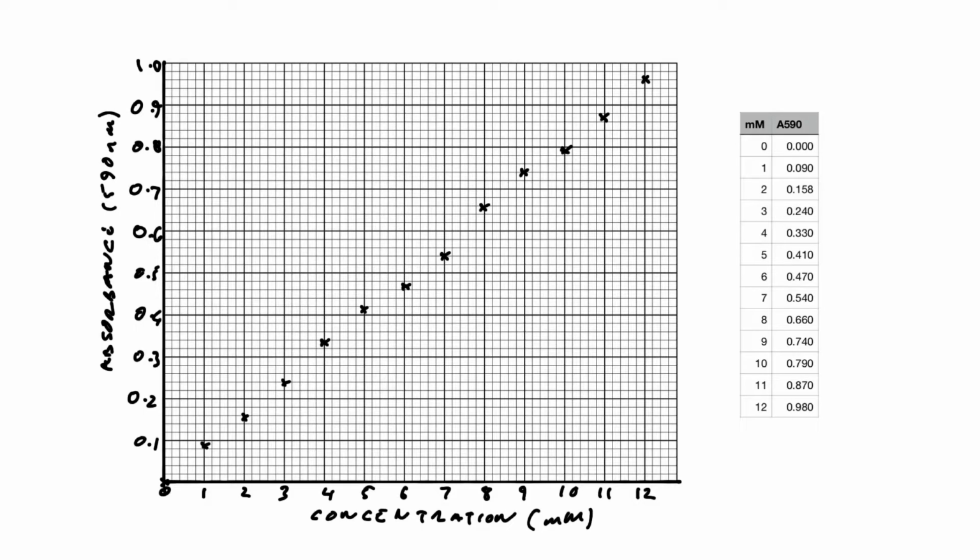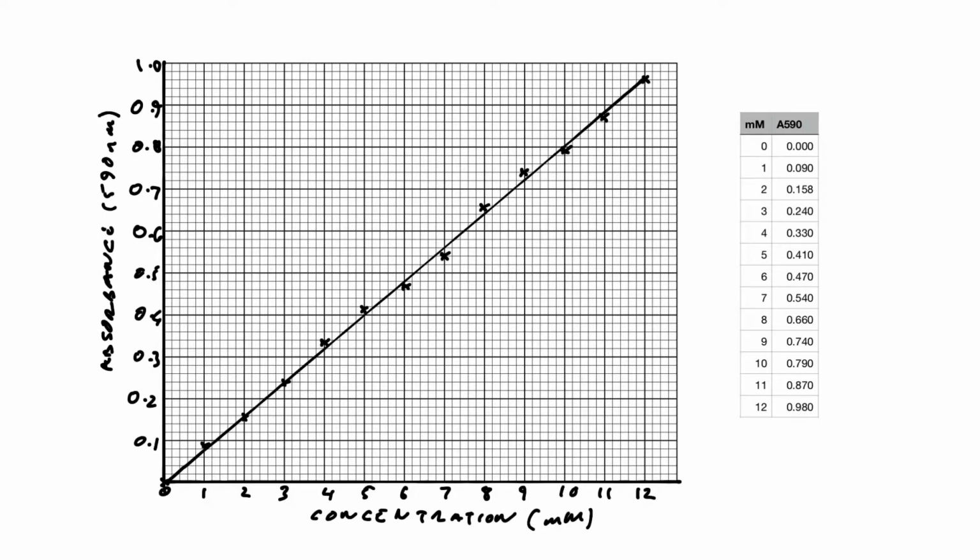Now we've got the points plotted. We know that these points should fall on a straight line because of the Beer-Lambert law, because here we are using spectrophotometry. However, if you look at these points you'll see they're not quite on a straight line. There's a little bit of a wavering going around. Therefore we need to fit a straight line. To do that we look carefully at the points, and then we draw in a line that distributes the points equally around that line, and that will give us the line of best fit.